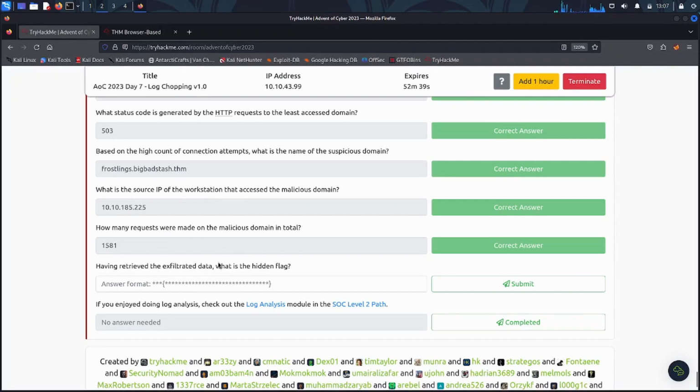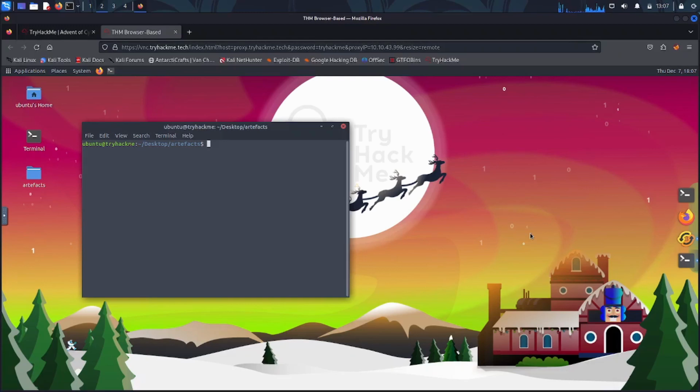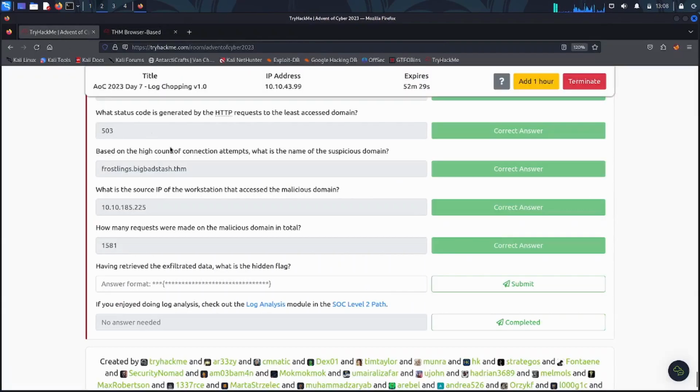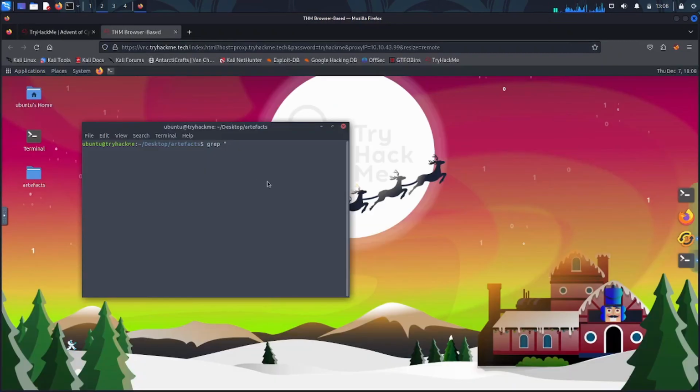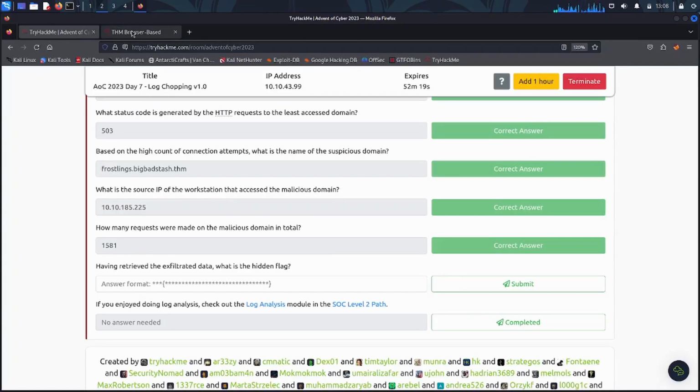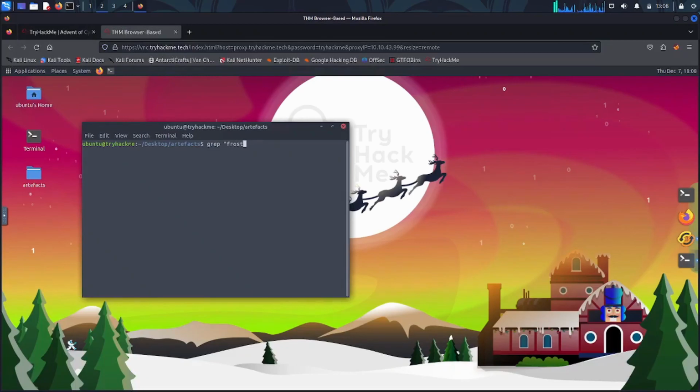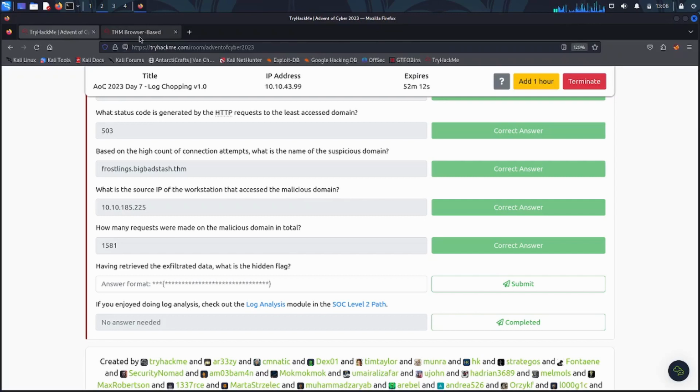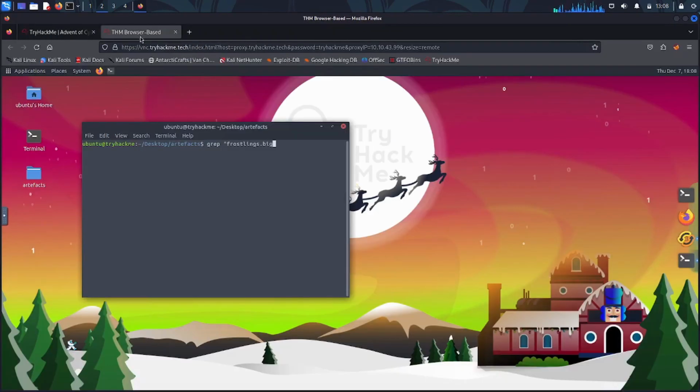So last question, having retrieved the exfiltrated data, what is the hidden flag? So first of all, what is the exfiltrated data? Let me show you. grep, we need the malicious domain. I'm going to grab it from here, copy. I can't get it for some reason. Frostlinks.bigbadstars.thm. And now if I do